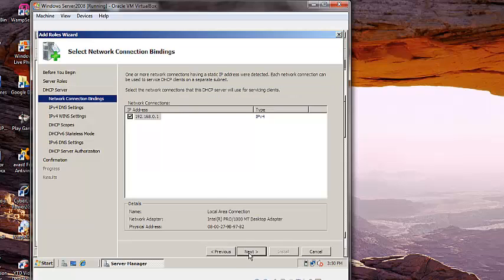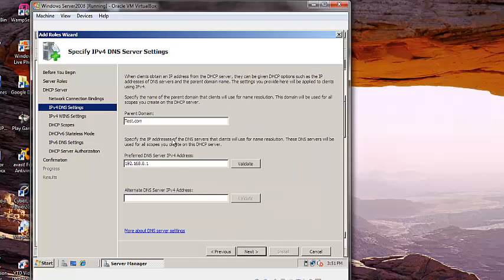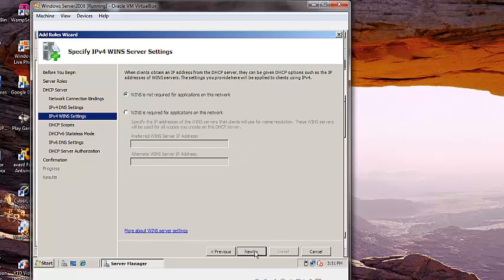So click on next, and here you can select the network connection bindings, and we're going to leave it as this one because it's the only one we have, and you click next. Here we can specify the DNS server settings, so we leave it as parent domain, which is test.com, and the preferred DNS server IP address. Click on next, and we leave it as the default. WINS is not required for applications on this network. Next,